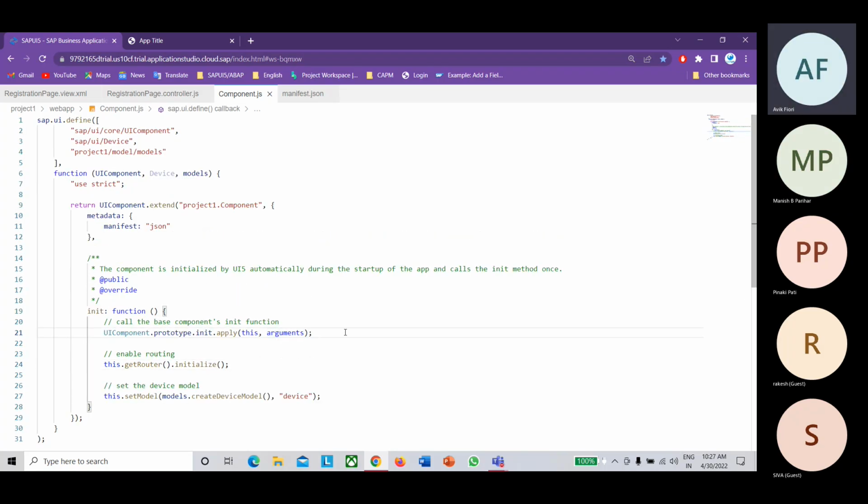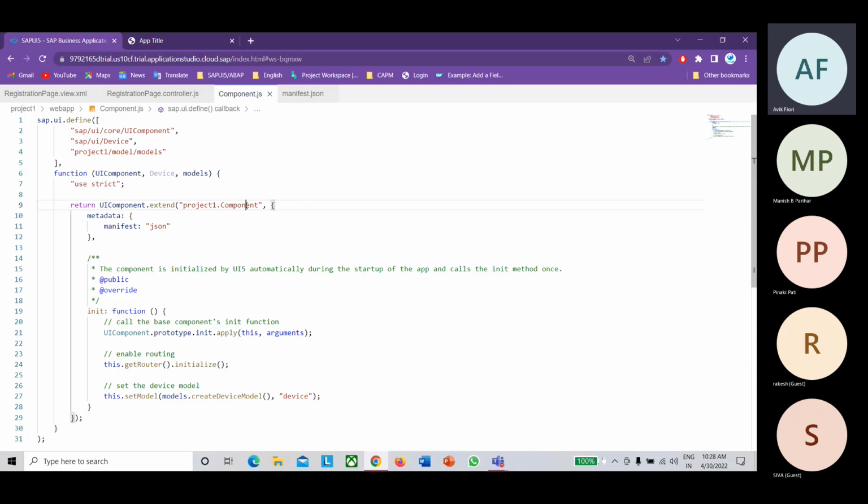Earlier, before SAP Web IDE was introduced, developers were generally working on Eclipse. So in Eclipse, they were creating each and every file manually. But this is a technology, right? For sure, it should provide built-in things, as it is a framework, and it should make developers' lives easier going forward.